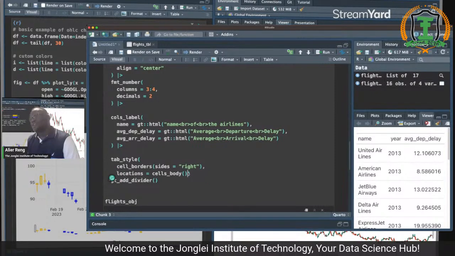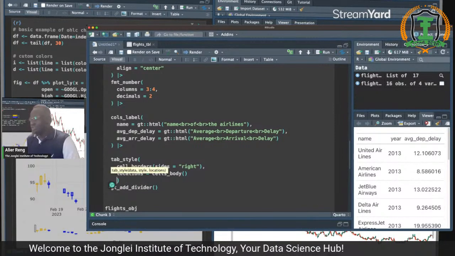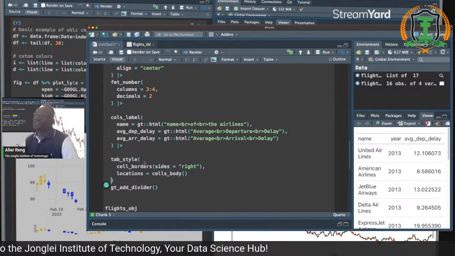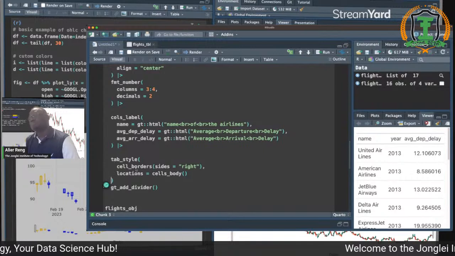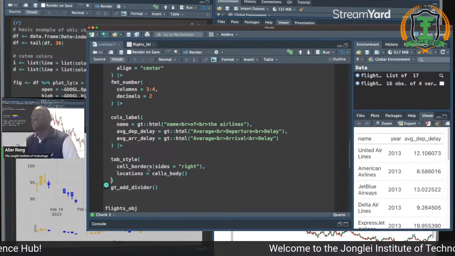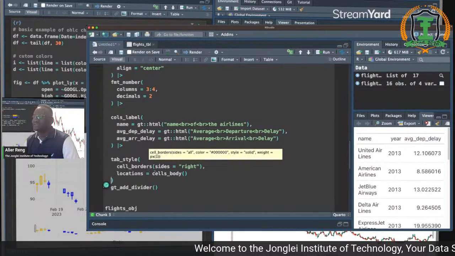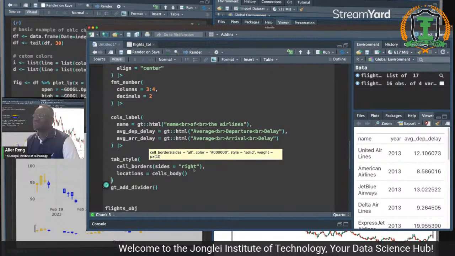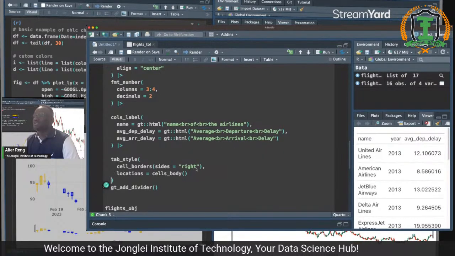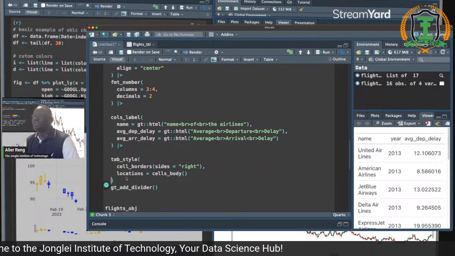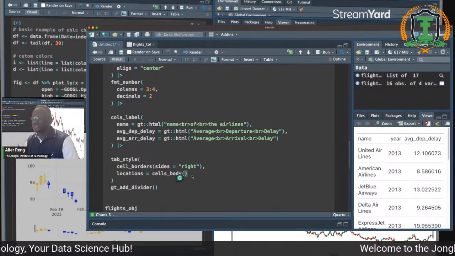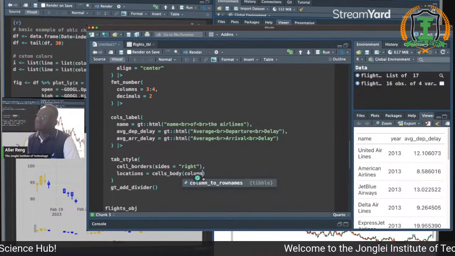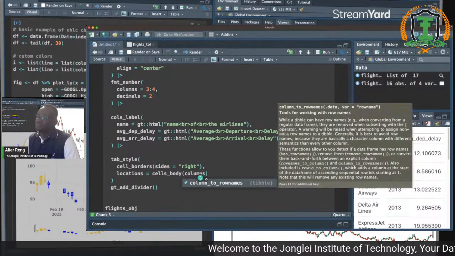So when we are using tab_style, we have different options, a lot of options here, but the most important one is the borders, the cell_borders, where we say the side we want to put it, if it's solid and so on, and then the location where we want those dividers to be added. So we say columns,